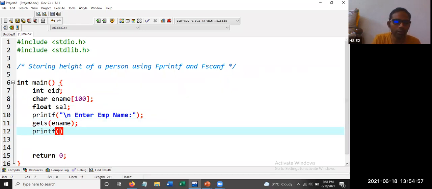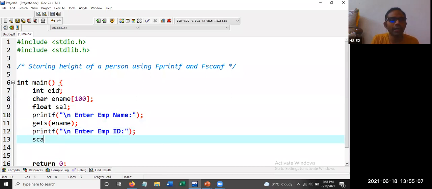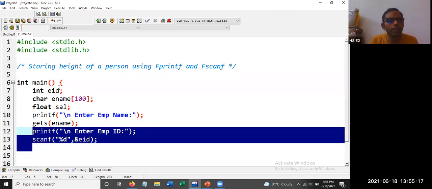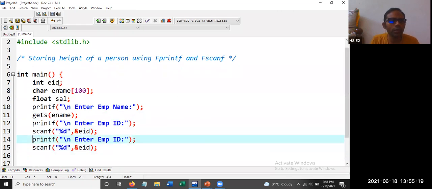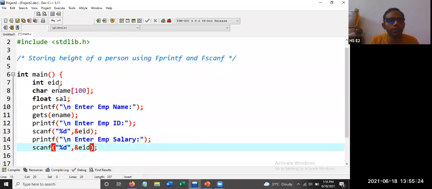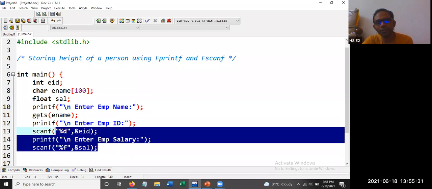Then printf, newline, enter emp id, employee id, followed by scanf with %d, comma, ampersand eid, followed by salary. So we print enter employee salary, and here it is ampersand sal. Here it is not D, it is F. So these are the things that we are going to accept from the user.